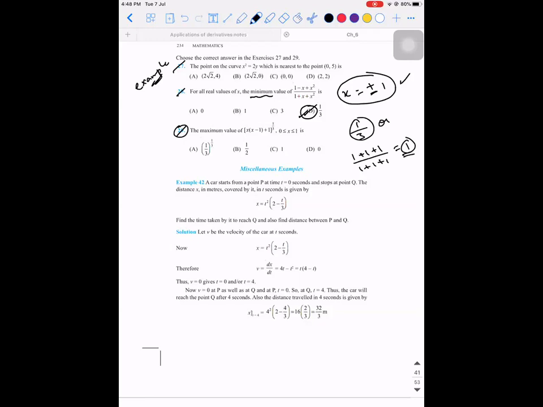You cannot do that because it is for all real values of x. Why will you choose only 1, minus 1 and 0? They told, whatever is the real value of x, out of the whole real number system from minus infinity to plus infinity, what is the value at which you are getting the minimum? But 1 and 0 are the minimum numbers, right? So it won't be infinity or minus infinity.